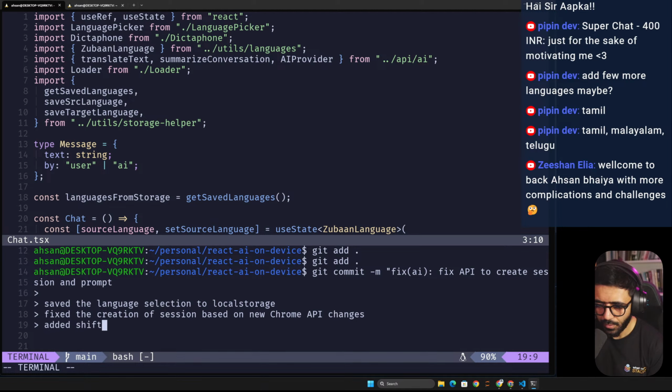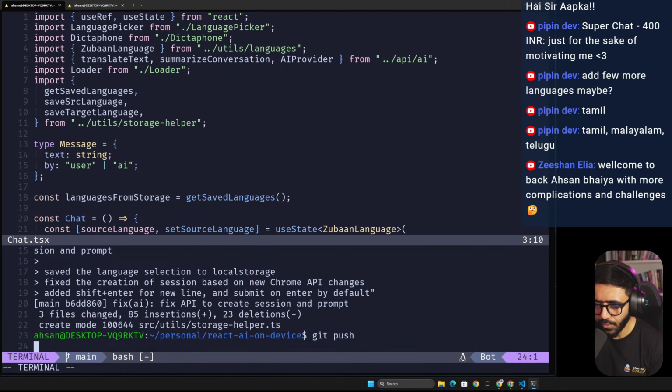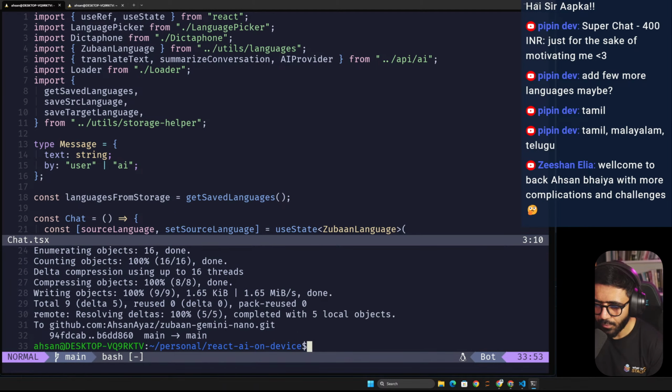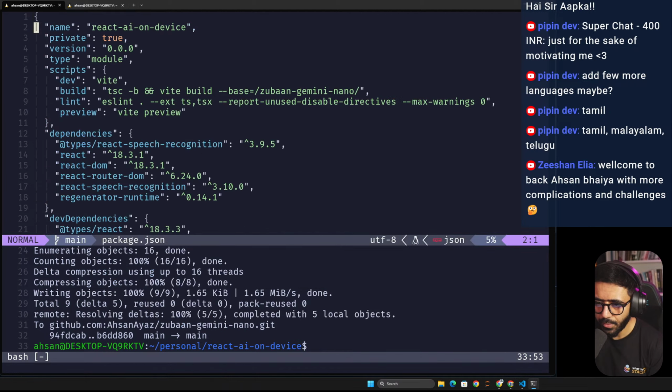Added shift plus enter for new line and submit on enter by default. Okay, so we can push this. I think we should have some sort of package script for deploying. We do have preview